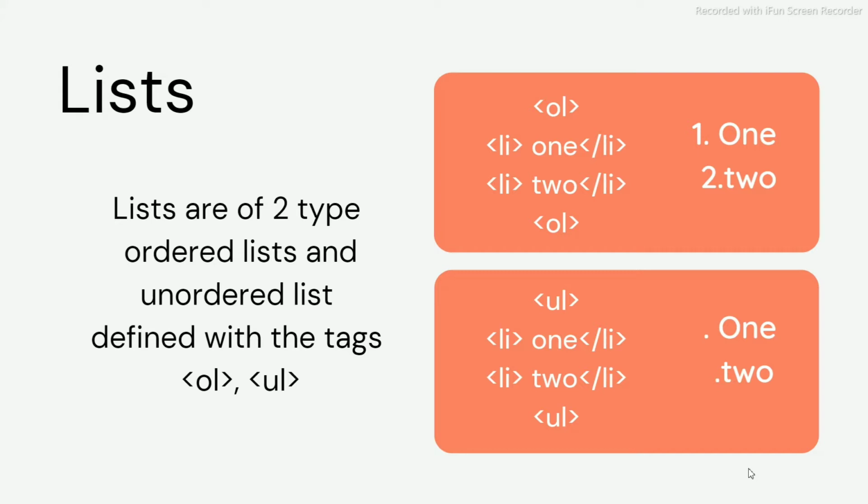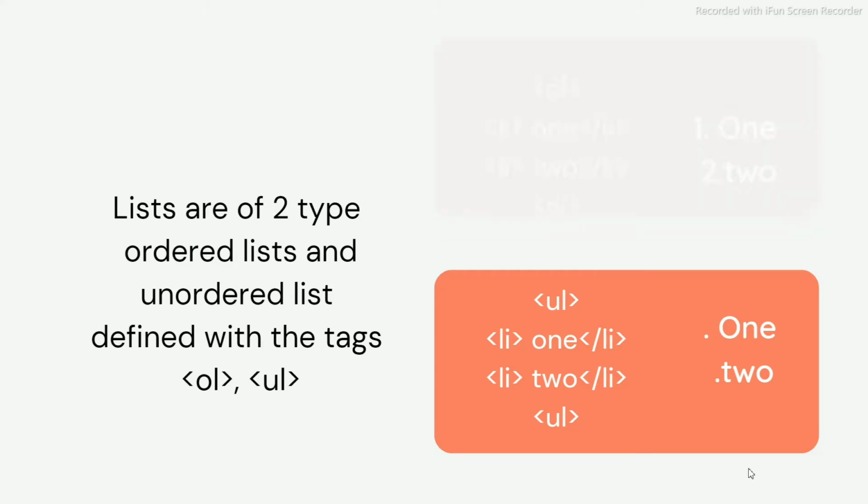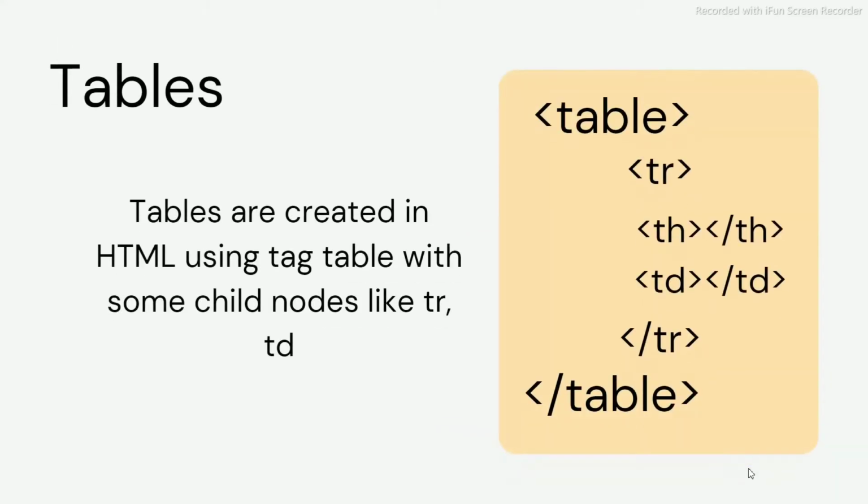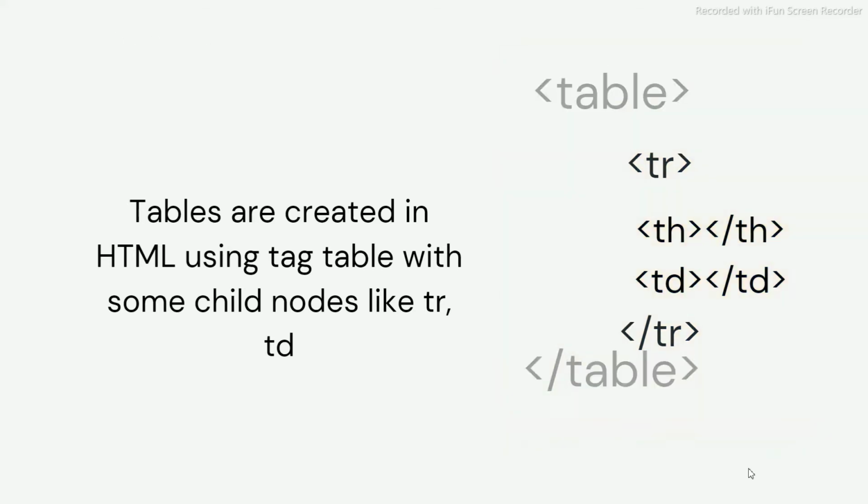And we will discuss the simulation in Visual Studio Code, not in further classes, in this video only. And now we are going to discuss the table. The table is used in HTML to make tables only. The table is written with a table tag and the closing table tag, in which we have the tr which represents the row, and in that we write the td which represents the columns. For bold columns we use th, which represents the heading of the table with regard to the column. We can watch that in Visual Studio Code in an upcoming section.